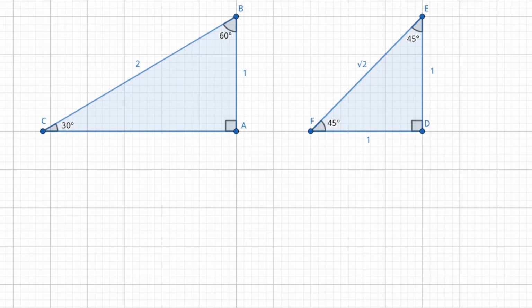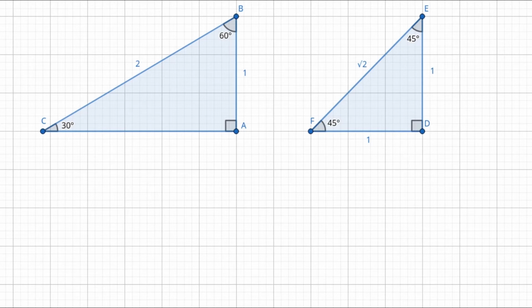So if you look at the one on the left, triangle ABC, we can see that it has a right angle, obviously, since it's a right triangle. And then the two angles that we have are 60 degrees and 30 degrees. And you'll notice the side lengths labeled 1 and 2. Those are the lengths of the sides. So we know that the long side has length 2, which is given. But let's say we don't know the length of AB yet. And it turns out it will always be 1 if the hypotenuse is 2, but why is this?